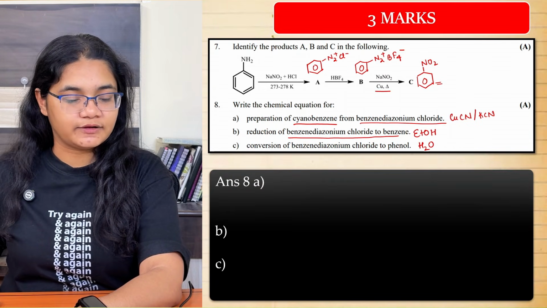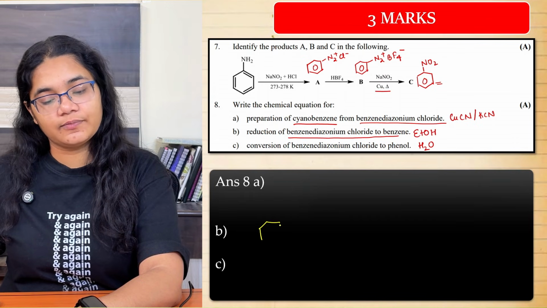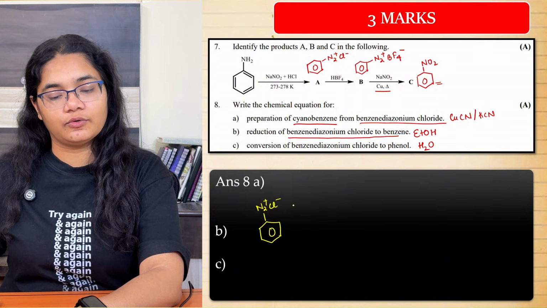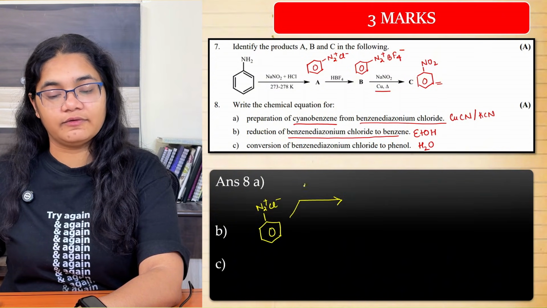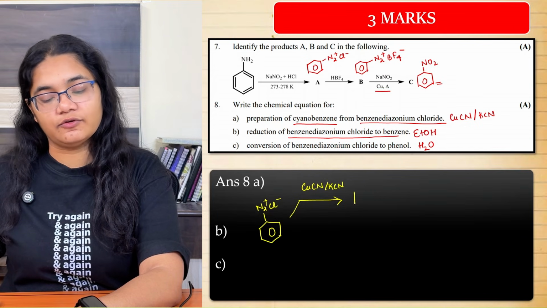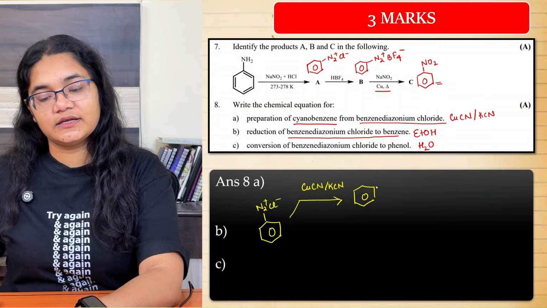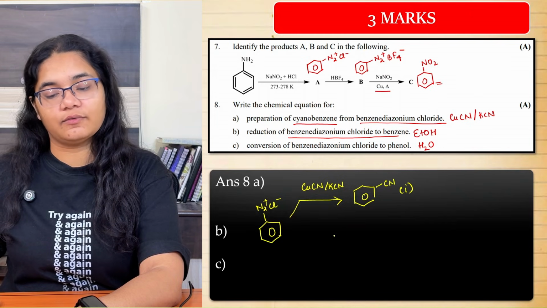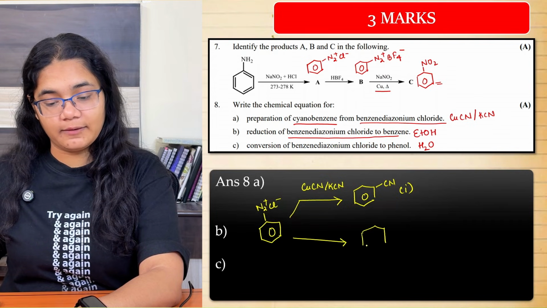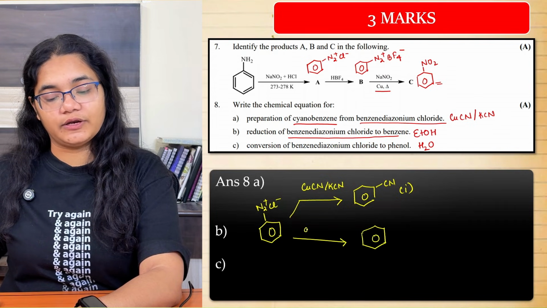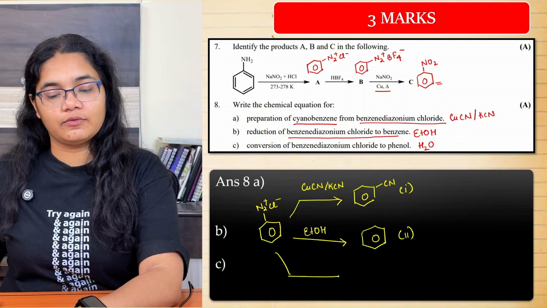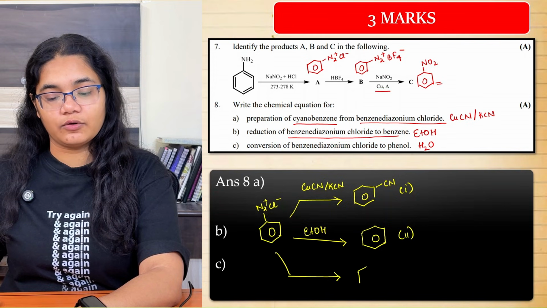Okay, so I will just write this down like this. I'm writing at the center. If you have benzene diazonium chloride and you want to treat it with CuCN and KCN, that will give you the first one, that is cyanobenzene. This is the number 1 question. The second one is when I want to get benzene from here, and for that you need to treat it with ethyl alcohol. And then you have to treat it with water to get phenol.